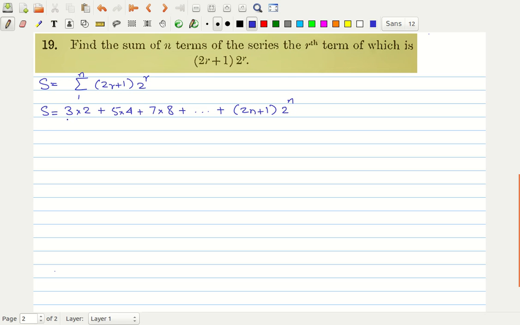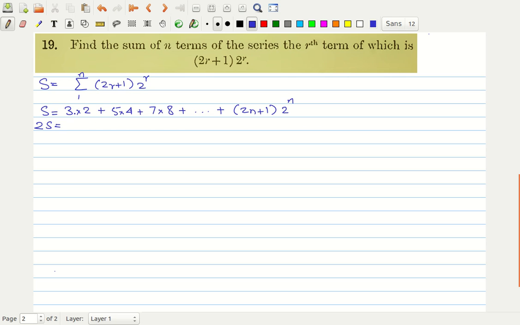Now you can easily see that this is an arithmetically geometric progression, because 3, 5, 7, 2n plus 1, they are in arithmetic progression. They are odd numbers starting from 3. And 2, 4, 8, 2 to the power n is a geometric series with the first term as 2. So let us multiply S by the common ratio, which is 2, so you will get 2S